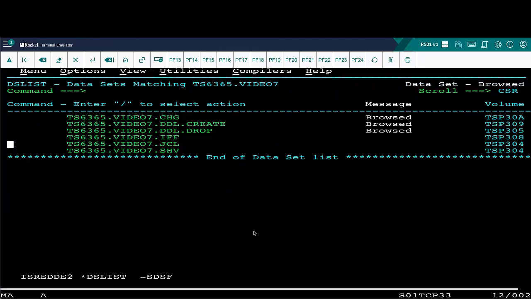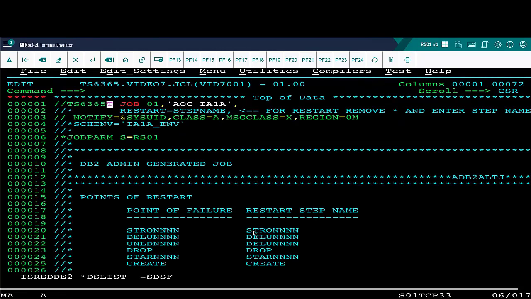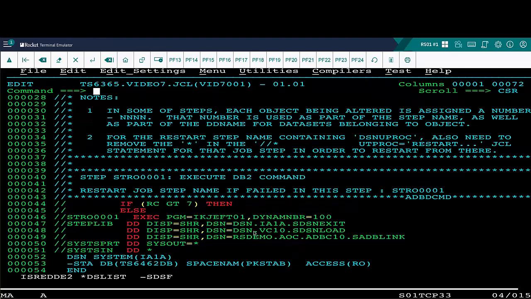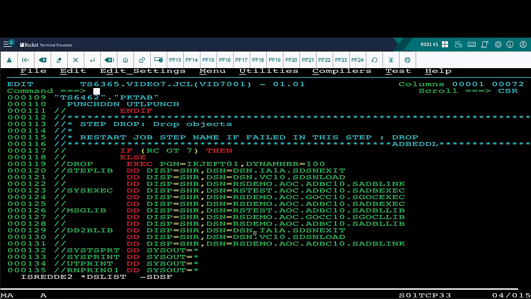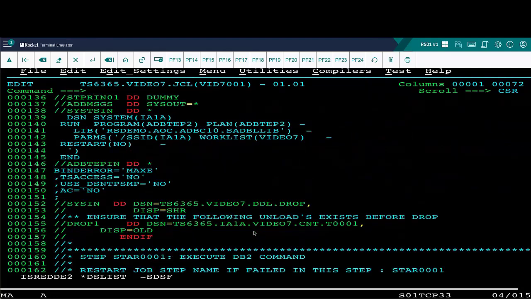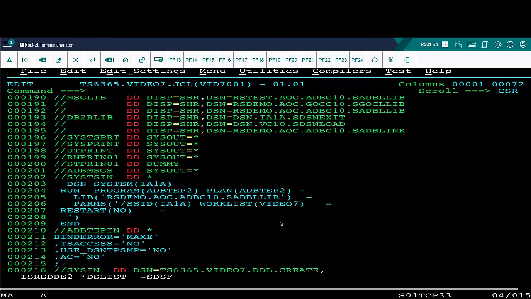If we go and have a look at the JCL, we have this extra member in here now, and this is the one that is going to go and do the change. So we do an unload to save the data away, just in case anything was to go wrong, and for safety. We could turn that off. And then we've got the drop, and then we've got the recreate. So if we submit this,